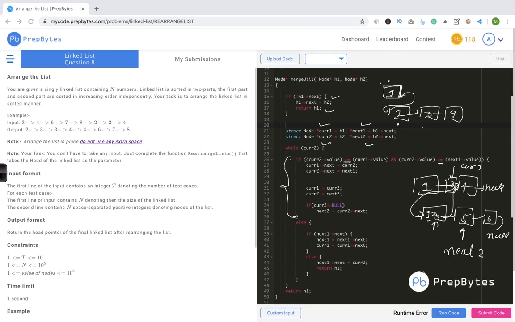Now let's say there was a situation where we would have just 1, 4, and 3 and null. In that case, if we simply did cur2 equal to next2, my cur2 would become null at this particular place. Here we are trying to do next2 equal to cur2.next, but since cur2 is null, we would get a runtime exception.